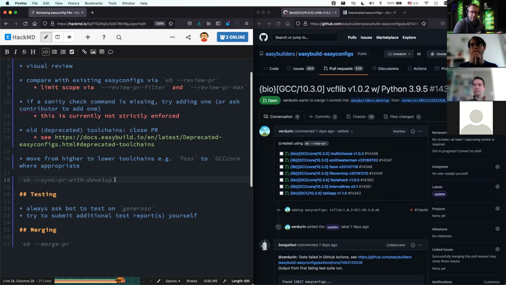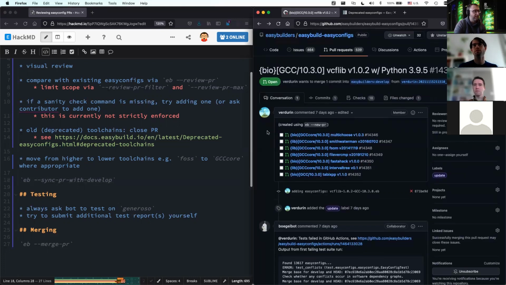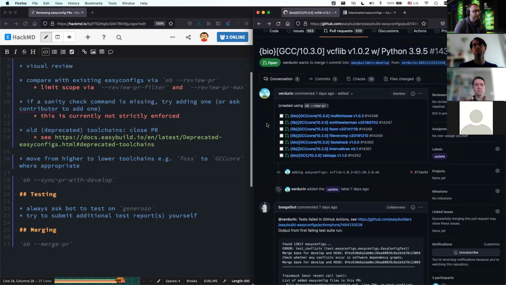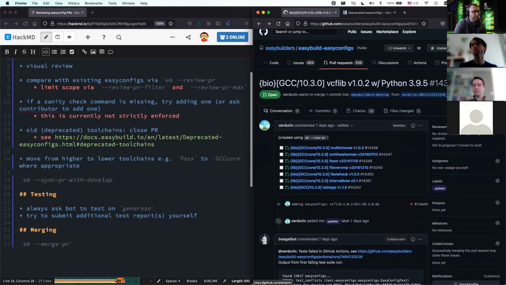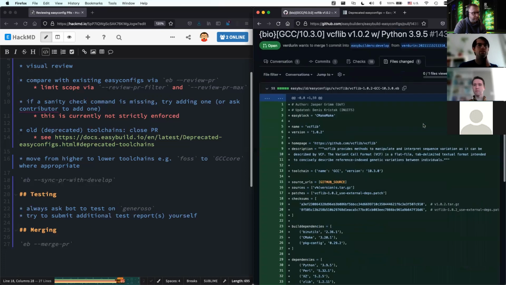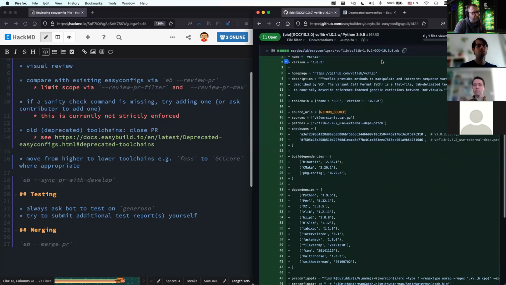And then you're stuck either to ask the contributor, please sync your branch with develop, so they can run it manually, or they can do the update manually with git commands if they want to. And the same for, let's say, trivial fixes. Let's see if there's something here. Well,